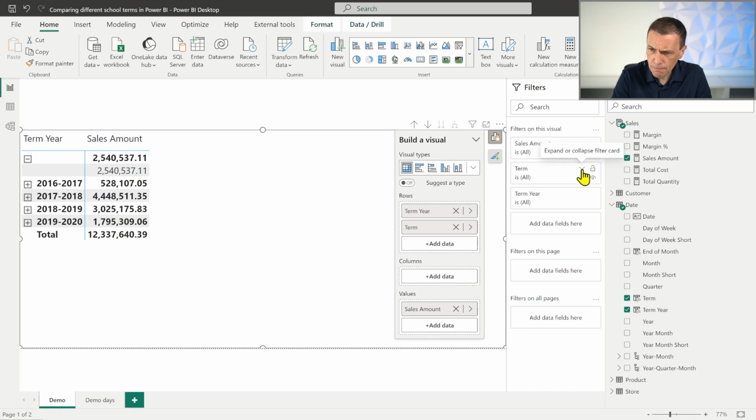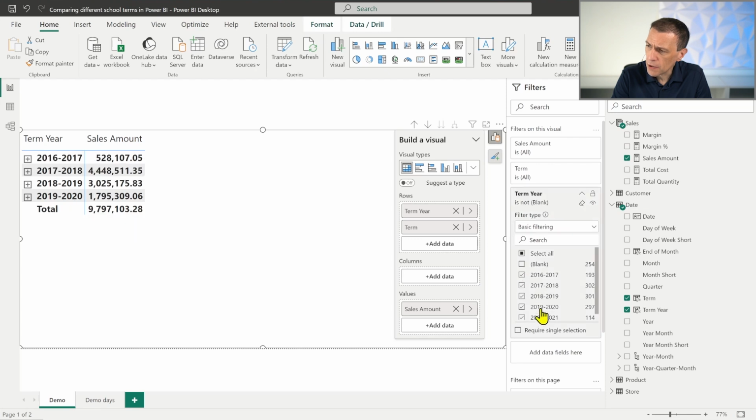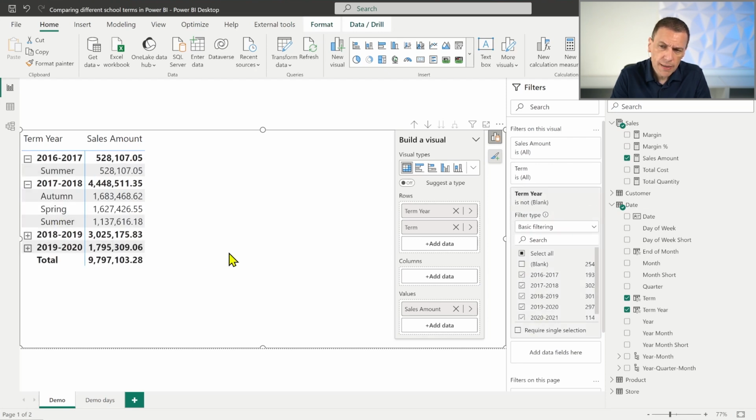And let's say that if we want to not display this line, we can simply add a filter, for example, for term year, I could say select all and remove blank. So this way we only have the term years where we have some data. And we can read down and see the values by term name. At this point, you could also add months and days and other columns of the date table, but this